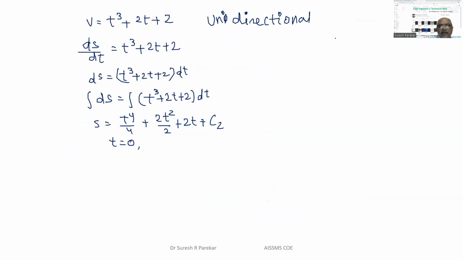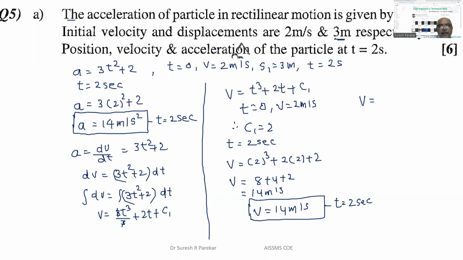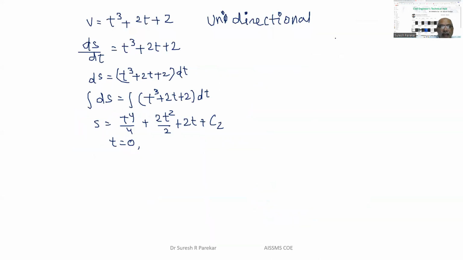And then we have to see at t is equal to 0, then we have s equal to, s is not 0, so our position will not be same, so we will get it as s equal to 2 meters. And now this actually gives you position s equal to, now we have to find